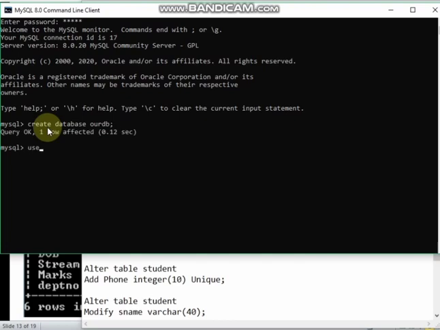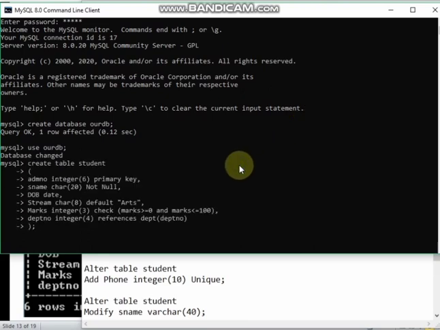Now I have to go inside the database. Now we are inside the database, changed. Now what I will do is I will paste the create table command. See how I have done it: I have ended with a semicolon. I started the bracket over here, parenthesis, and ended here.